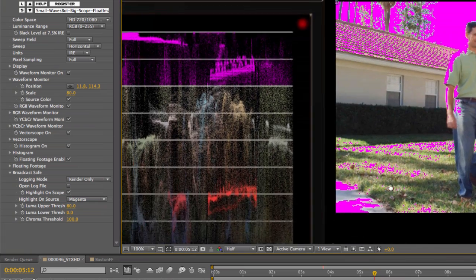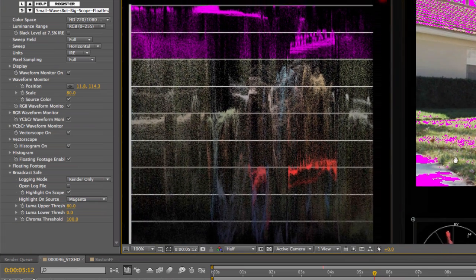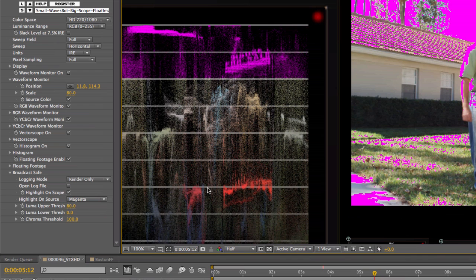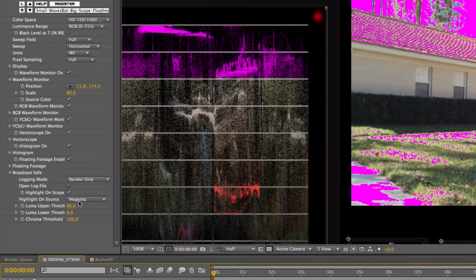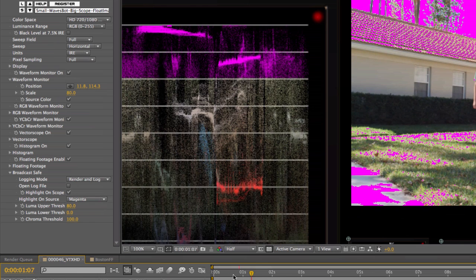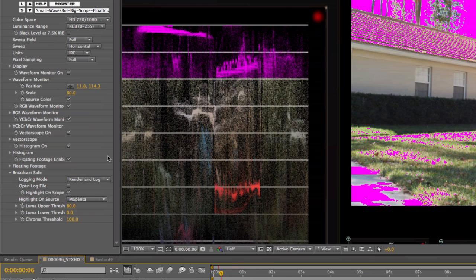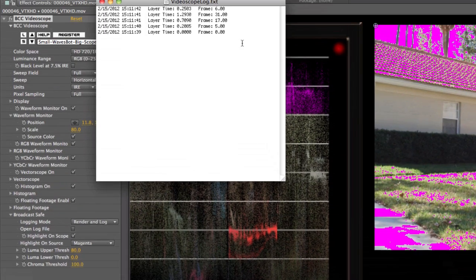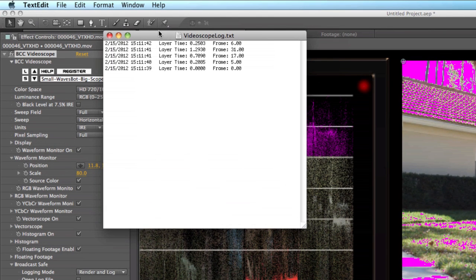So visually speaking, it's actually really easy to see where your illegal colors are. Now, if you don't want to do this visually, there's another way, and it's called logging. So if you say render and log, every time I update a frame in AE, it will check it for illegal colors and create a log file for that. So you can see these frames here,